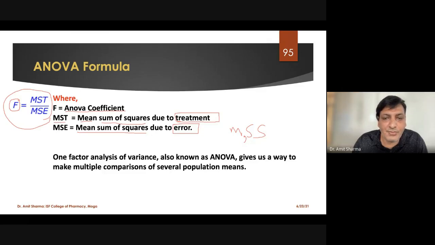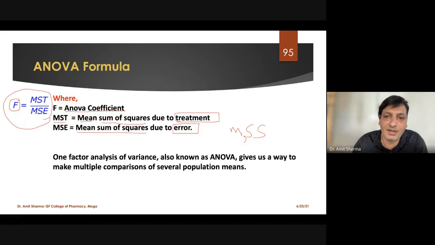Now you are going to find two different kinds of textbooks in your library. Some are written by international authors, some by national authors in India. In India, basically, we are not using these two terms, treatment or error. We are using different terms.